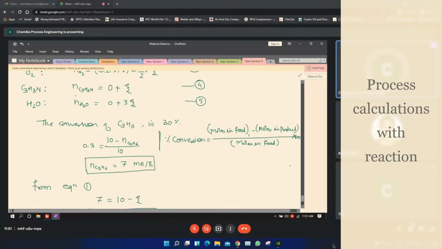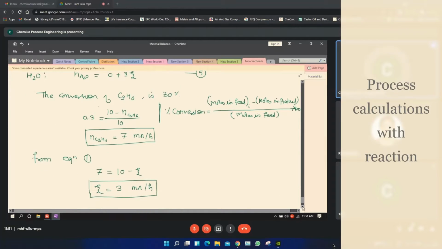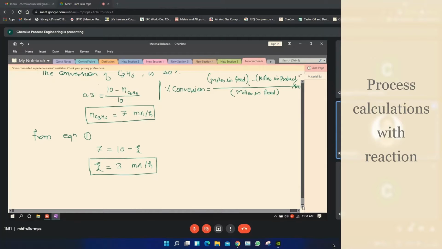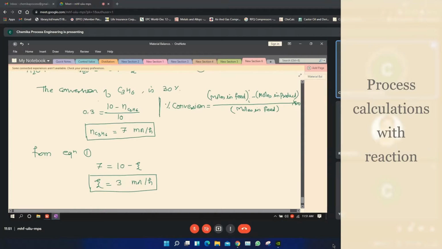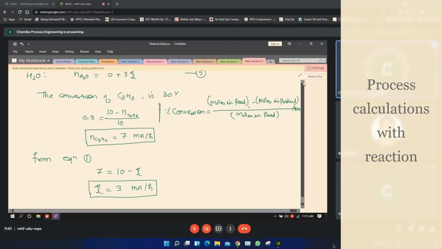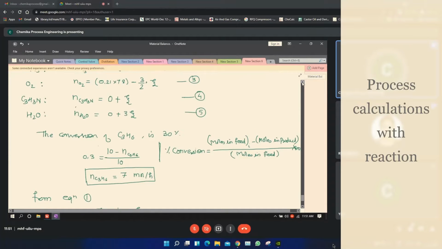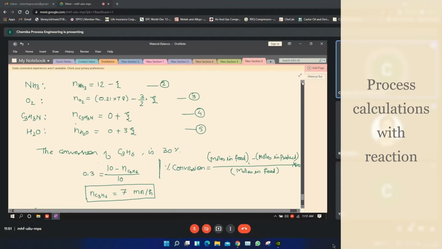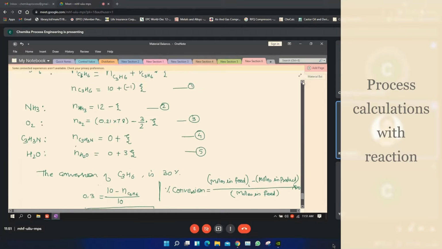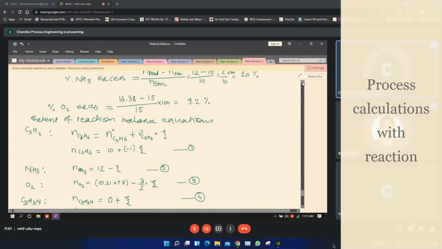So that's actually why this extent of reaction is a very simple method, as compared to your component balance on every species. What do I have to do if I do not go by extent of reaction and would like to find out the other species flow rates? We have to go by stoichiometric amount. So 3 moles are reacted. For example, if I do the rough calculation, 3 moles of the propylene are reacted.